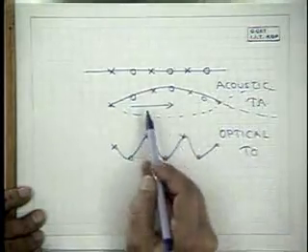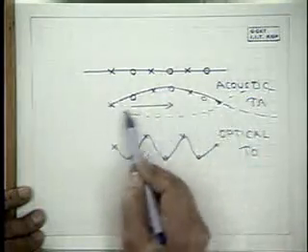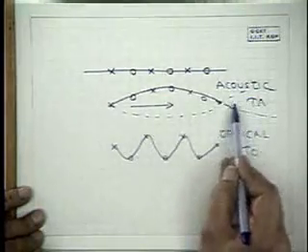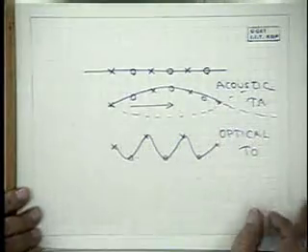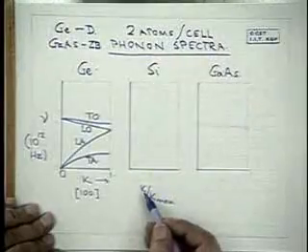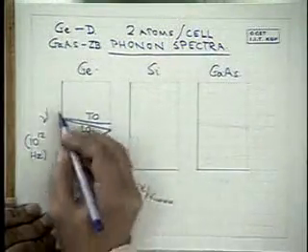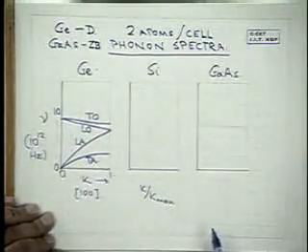Similarly, if the direction of vibration is in the same direction as the motion of the wave, then we have longitudinal acoustic and longitudinal optical modes. So to get back to the experimentally determined phonon spectra for, say, germanium,